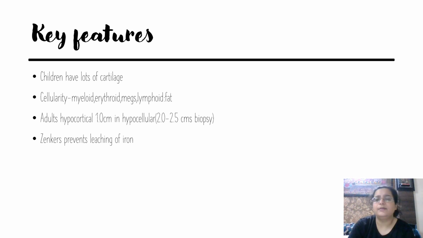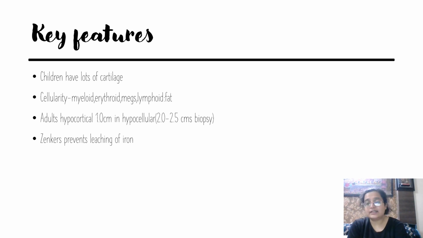And then another important pointer I want to give you, sometimes we want to put an iron stain in a biopsy. Ideally you should not do that, because जब आप decal करते हैं ना, तो decalcification में iron gets chelated, it gets removed, lots of it. So unless you have something like thalassemia or iron overload, you might not get to see too much iron. So I prefer doing it on an imprint or an aspirate, if the aspirate is cellular enough, if particles are there.